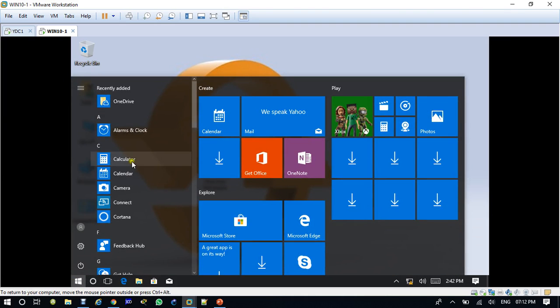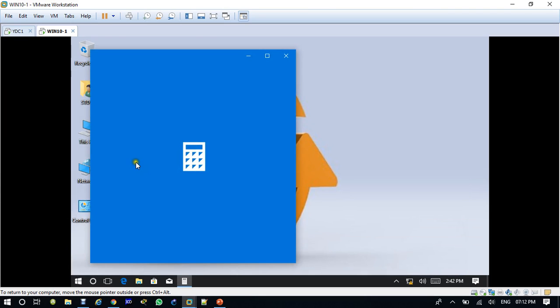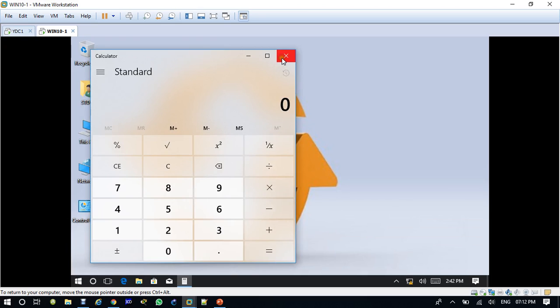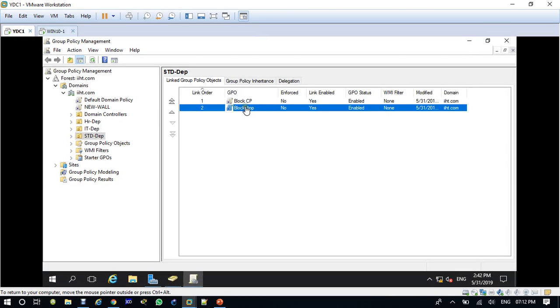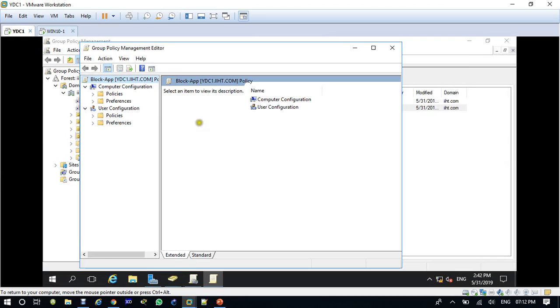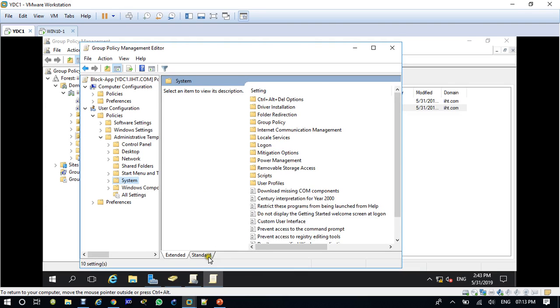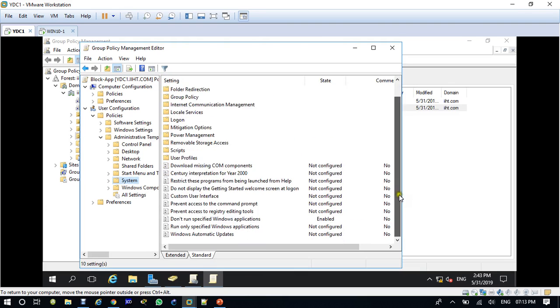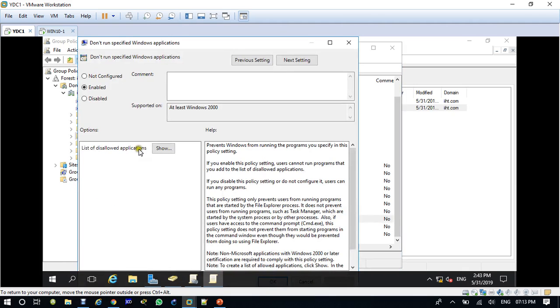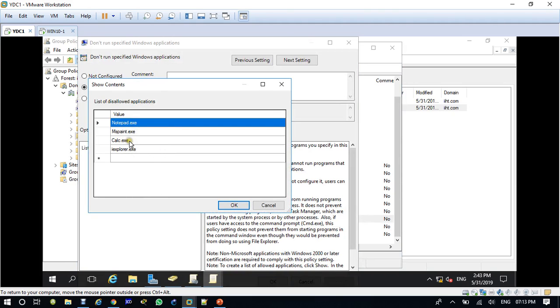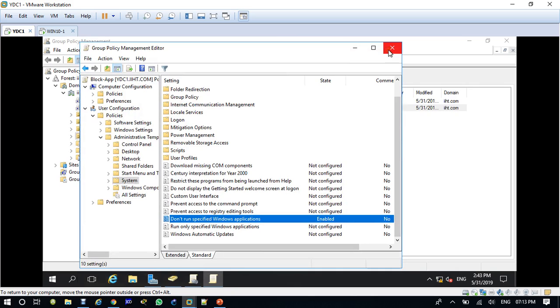Now if you are trying to open the calculator, remember in the first time I gave you the example of the calculator. Try to open calculator, calc. Maybe I have not written the correct exe file of the calculator. Let's verify. System, do not run, calc.exe, calc. Maybe they have some other extension for this one.